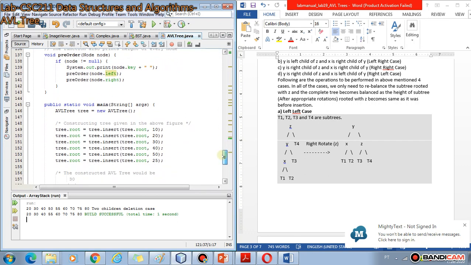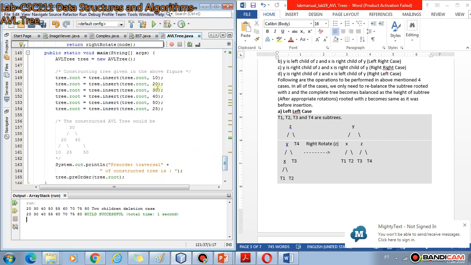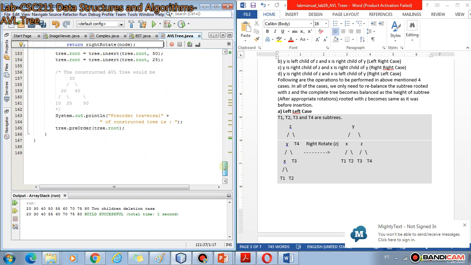In this way we balance all the cases, and then there is a pre-order traversal for this tree. There are a few insertions in the tree, and then we call the pre-order method to see if the insertions have been validating the AVL property. So I assign you the implementation of this AVL tree and running this code and checking if it's validating the AVL and BST properties both.